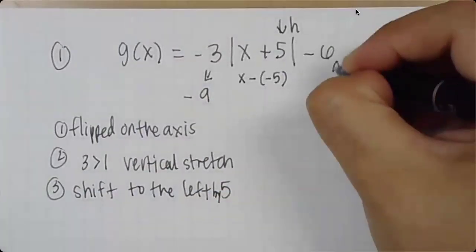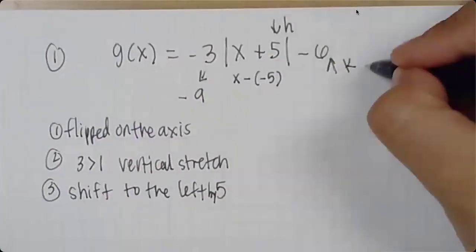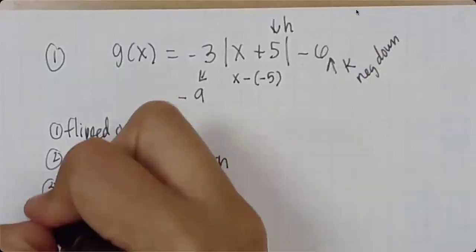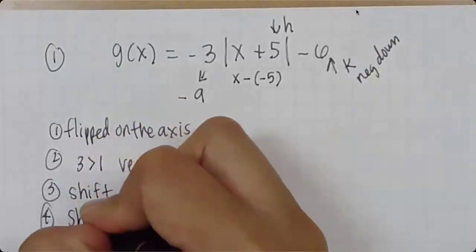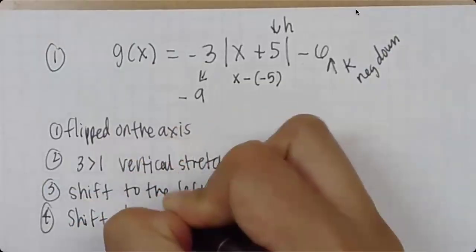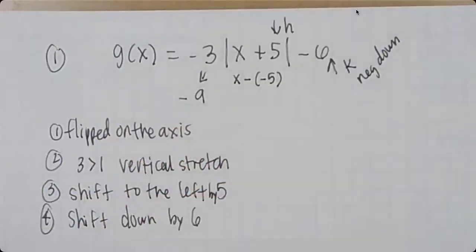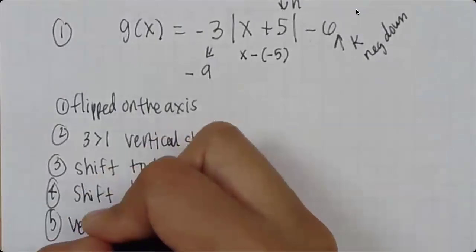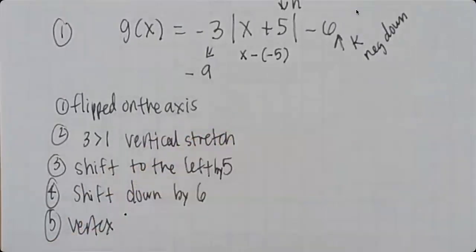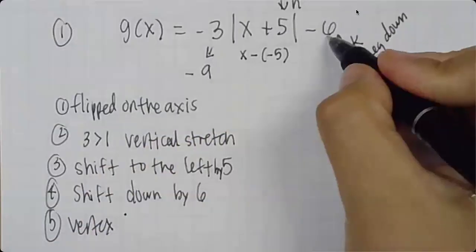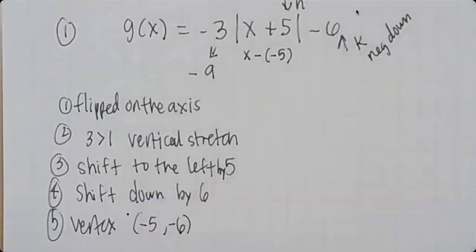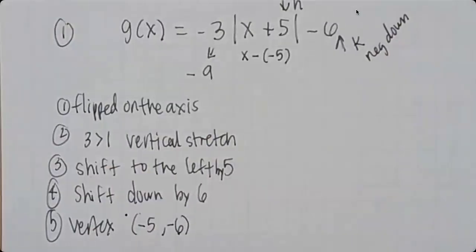Now I have my k. And since my k is negative, I'm going down. So there's a shift down by 6. My vertex is at (h, k). So I have -5, -6 as my vertex. Now I can actually start drawing my